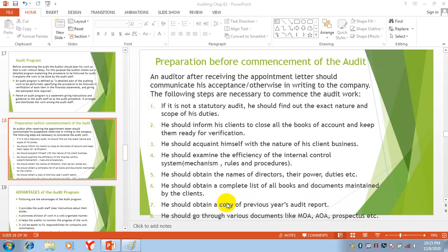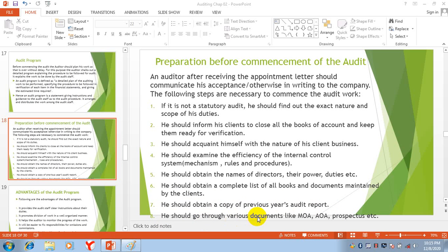He should obtain a copy of the previous year's audit report. If he needs, he can demand a copy of it. He can take guidelines from that audit report.